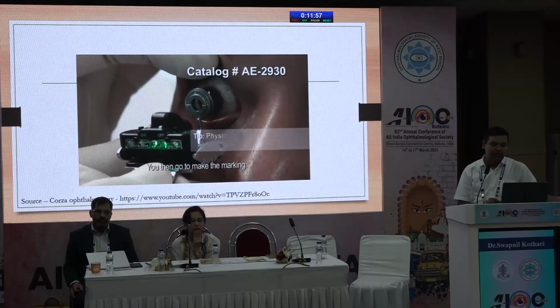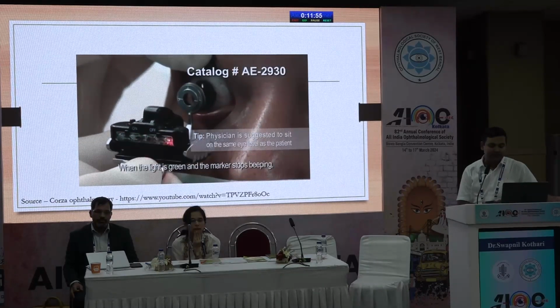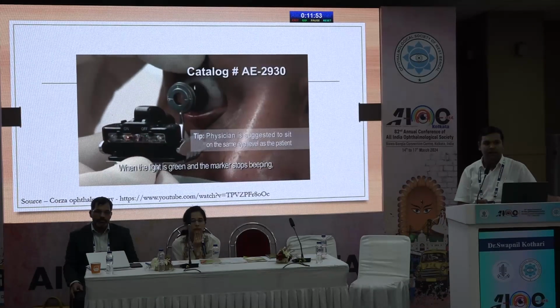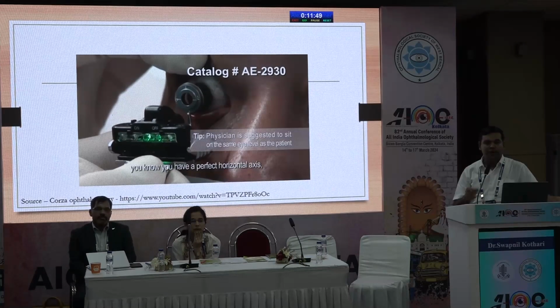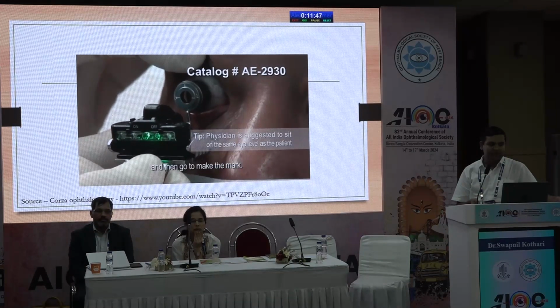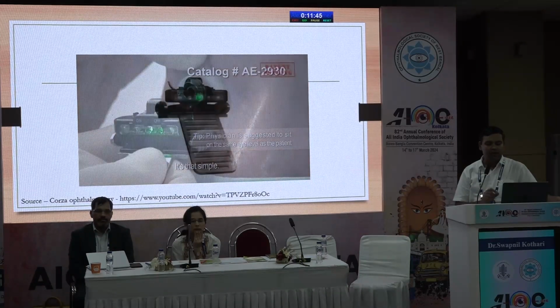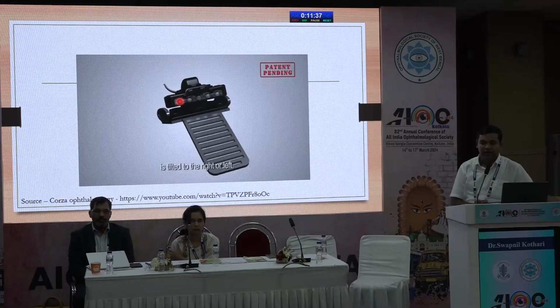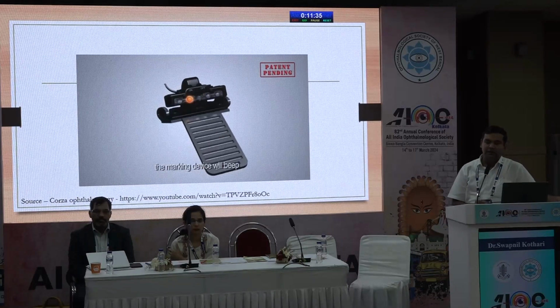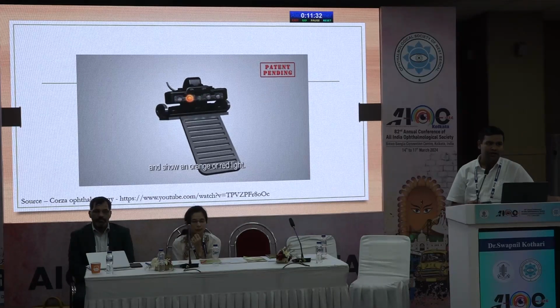Once that is done, the light in the center will turn green, orange or red, depending on how much your hand is tilted from 0, 180. Once you are at 0, 180, the light will be green and it will beep the least. In orange it will beep a little more, and in red it will beep even more than that. And this can be calibrated to 0.2 degrees. So it is an extremely accurate device